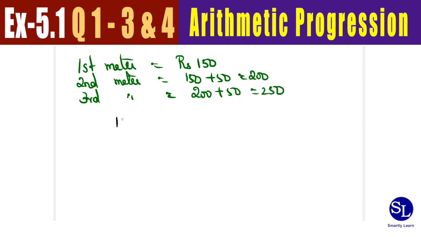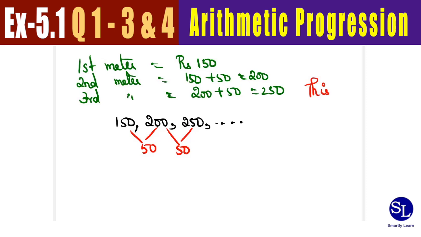Now you look at the numbers 150, 200, 250, and it keeps going as you dig. So now let us see the common difference. Between the first and the second term it is going to be 50. The same common difference exists between the second and the third term. So this is an AP. Now let us look at the next subdivision in this problem.